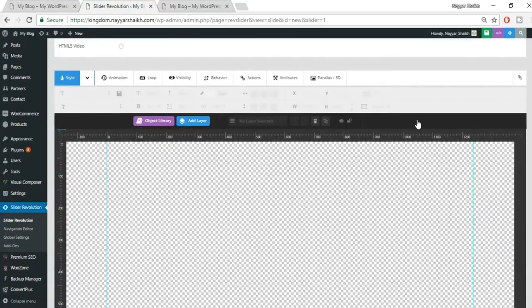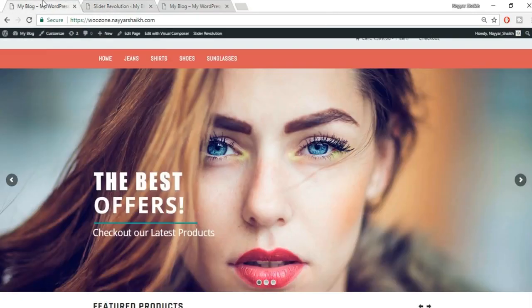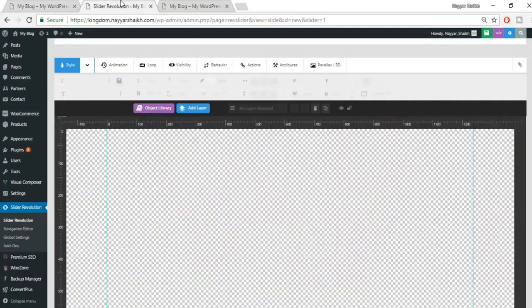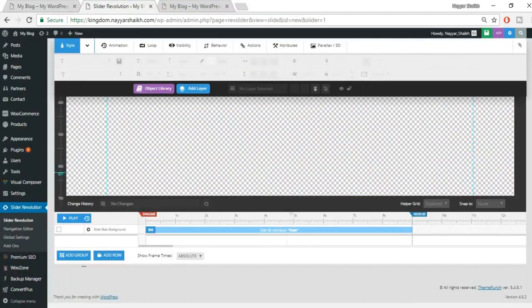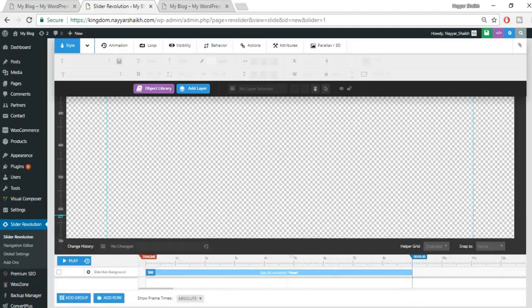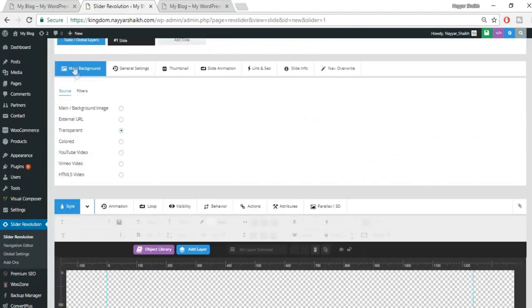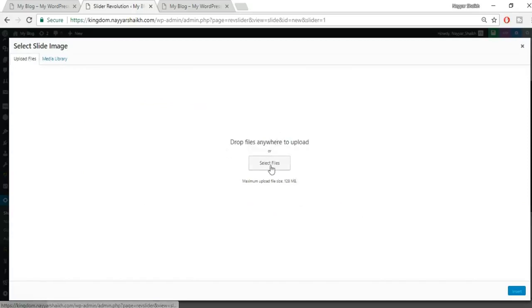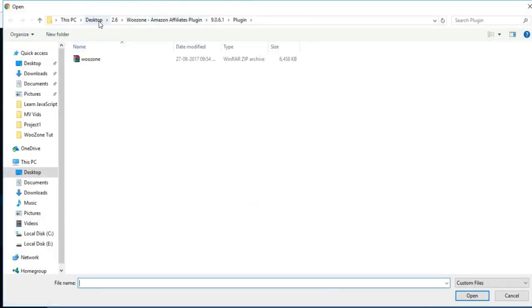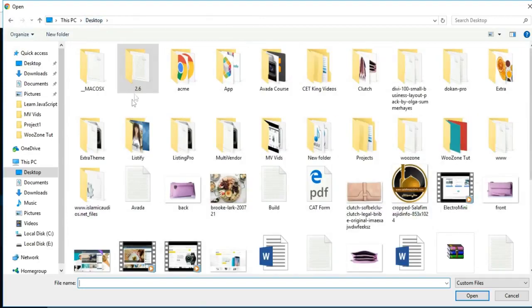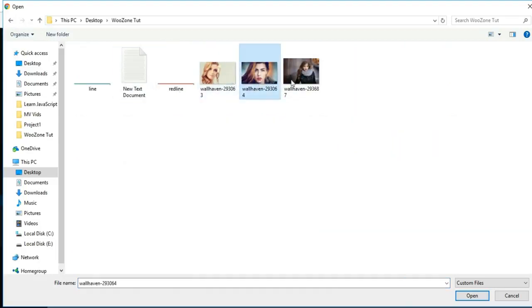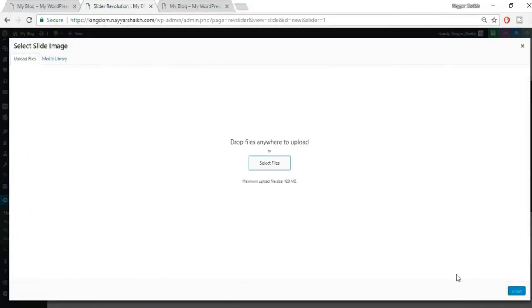Okay guys, so this is how it should look at present. Now as you can see, there is an image in the background, and as I said earlier, I have given this image in the link in the video description below. You'll find all the images and CSS code over there. So what you have to do, under main background, just tick mark the first option, main background image. Go to media library, under upload image, click on select files, and let's see where that file is. So many folders over here. Okay, here it is. So this is the image. Select that, click on open,